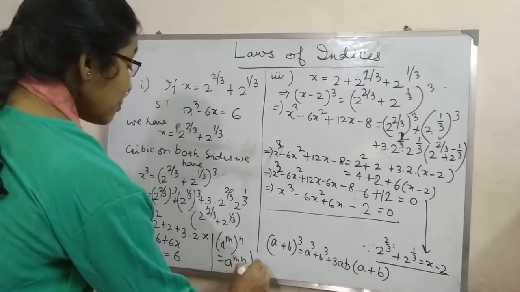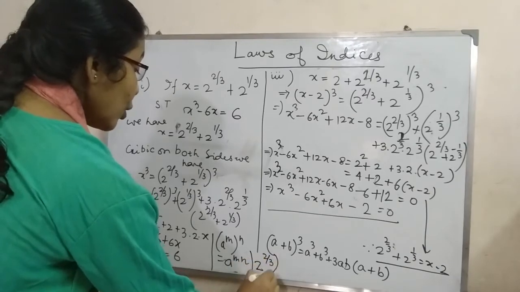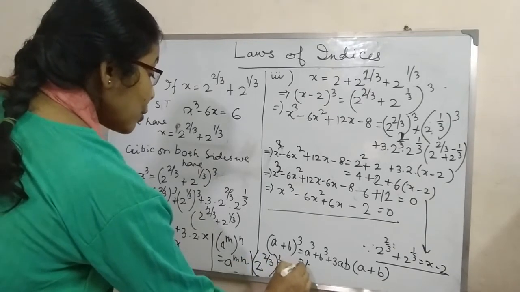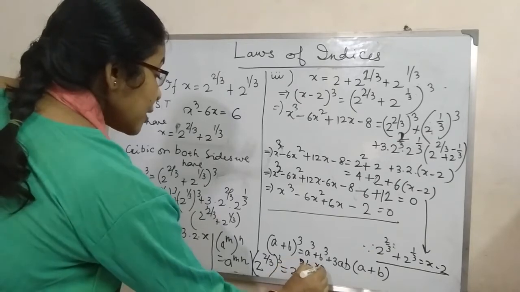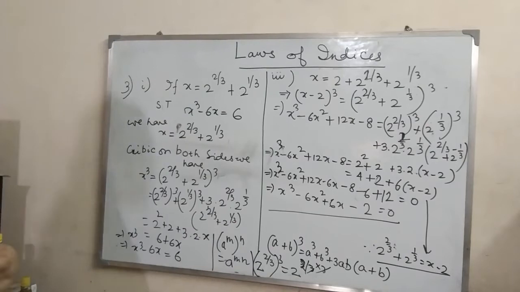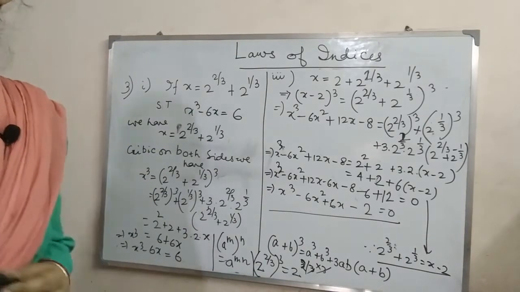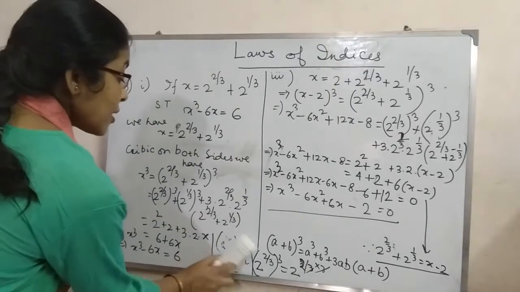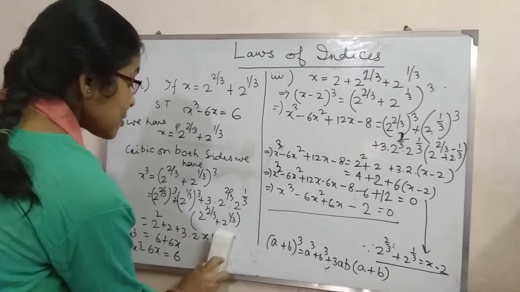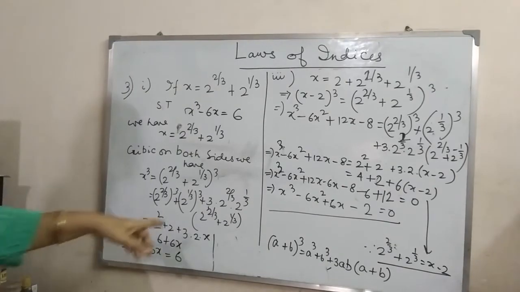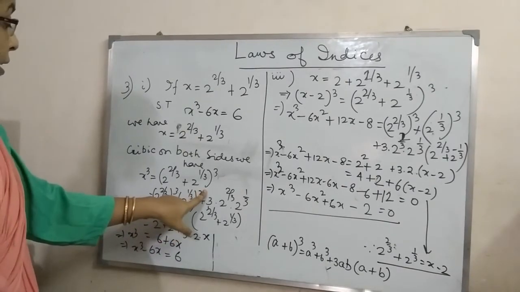Here (2 to the power 2/3) whole to the power 3 equals 2 to the power 2/3 into 3, which is equal to 2 to the power 2. I use this formula. In the same way, I can write (2 to the power 1/3) whole cube, that is